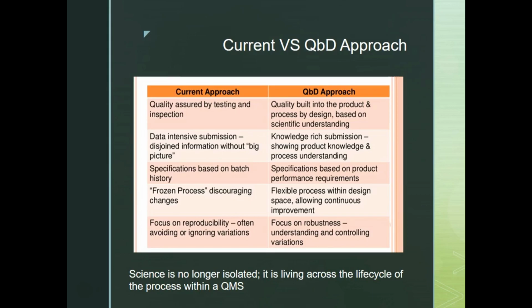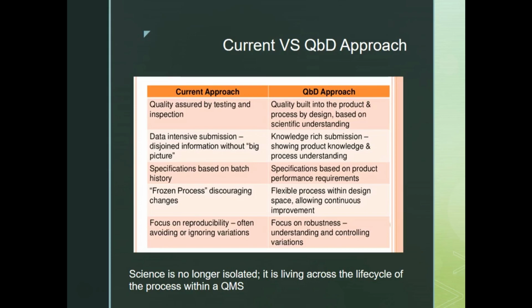So again, a table that summarizes the differences between the current approach versus the QbD approach. It's a nice summary. Quality assured by testing and inspection of your final product versus the QbD approach, where quality is built into the product and process by design, and it's based on a scientific understanding of your process. The current approach, data intensive submission. So you've got a lot of data being generated. The information is disjointed, whereas the QbD approach would be a knowledge rich submission, new application showing product knowledge and